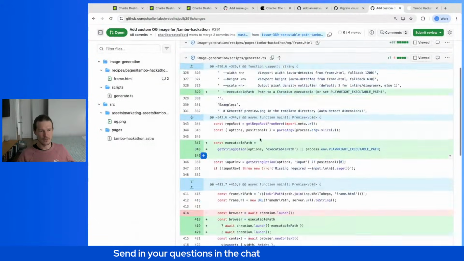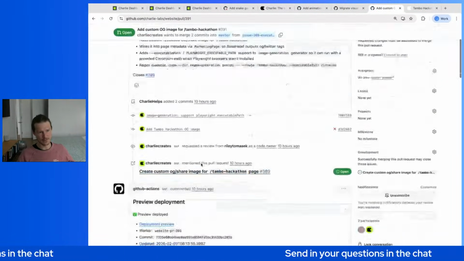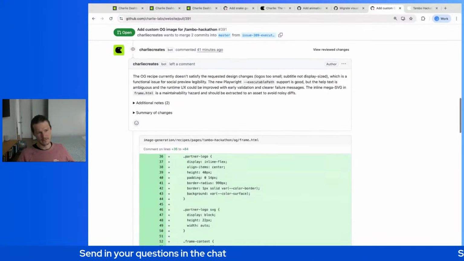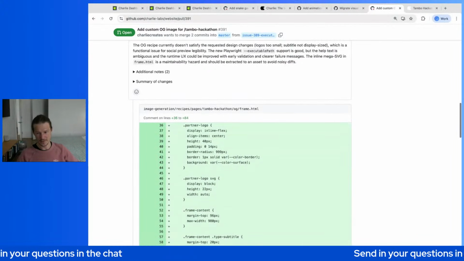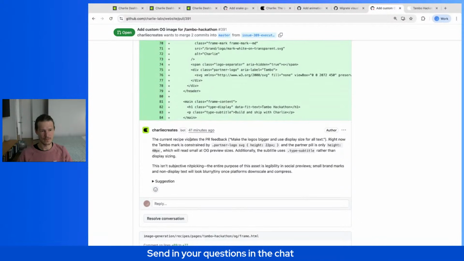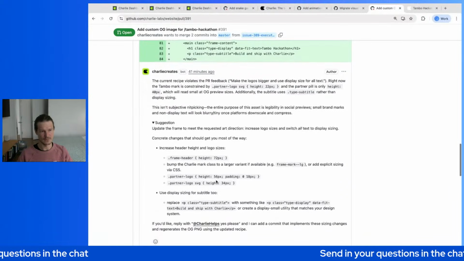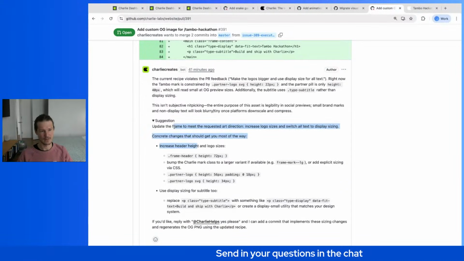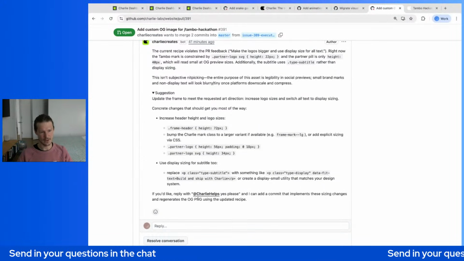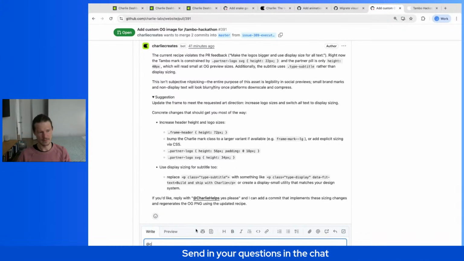And then code review as well, it's hard to overstate how valuable the code review is, especially if you're working really fast with a lot of agents, because they inevitably miss stuff or you give them bad instructions by mistake. And then Charlie is really good at not only pointing out issues like this, but also giving you suggested fixes. So this will explain why this is wrong. And then you can also, if you want, like for the last one, we just got him to fix all of them, but say you just want this fixed, you can just come here and say,